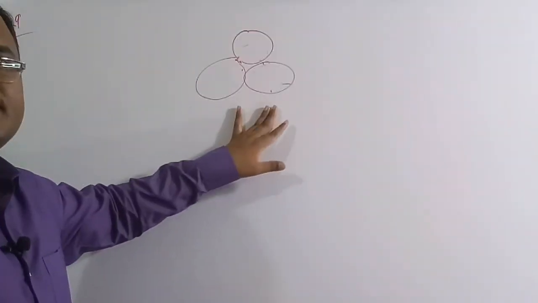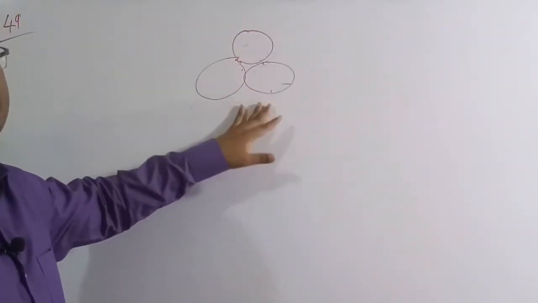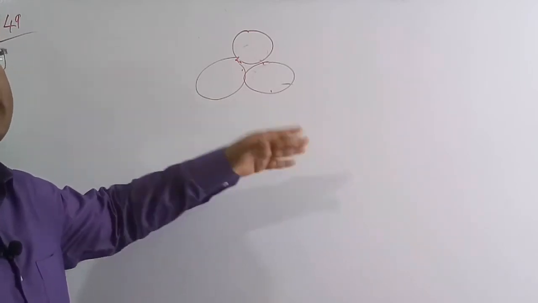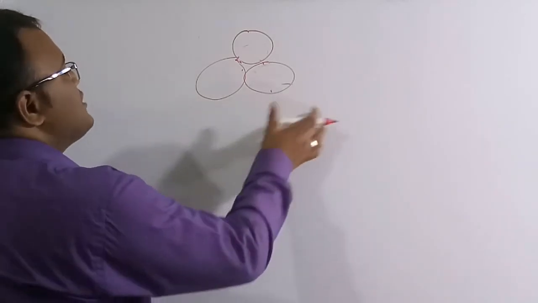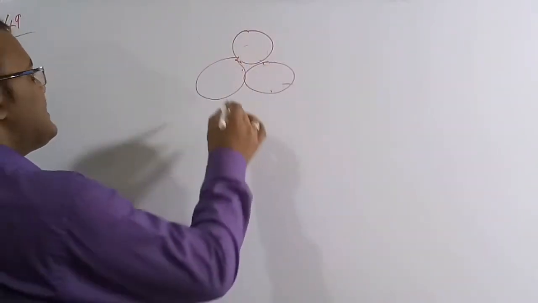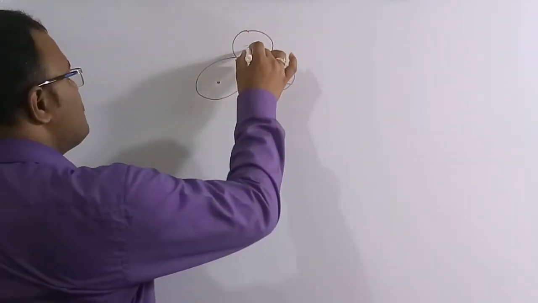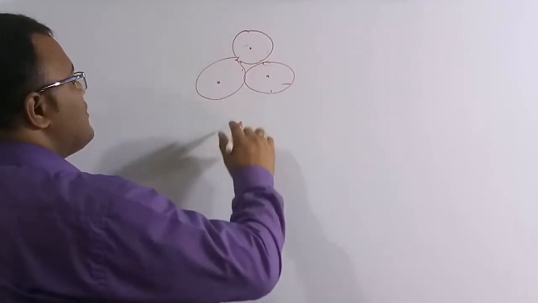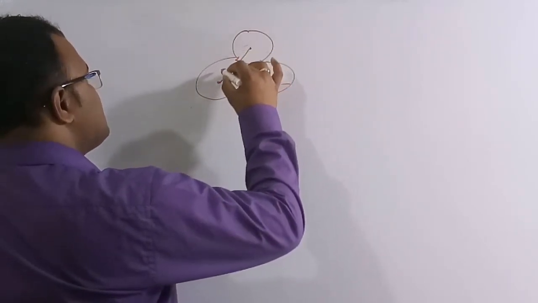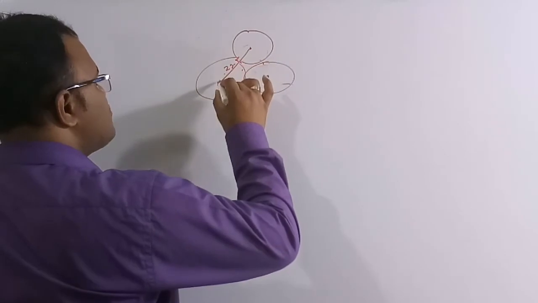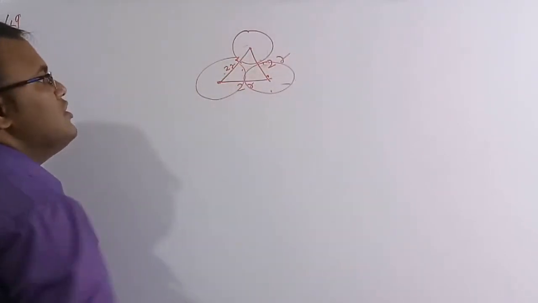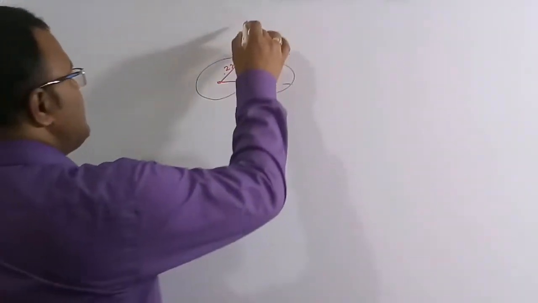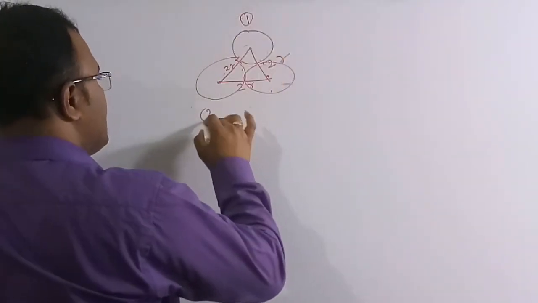These are the 3 strands. For these 3 strands we need to find the geometrical mean radius, or the self GMD, of this conductor. Because of these 3 strands we get the net conductor. Each radius is r. Each circle has a radius of r, so the distance between these 2 points is r plus r, which is 2r. Here also the distance between these 2 points is 2r, and here also 2r. Now let me assume these are connector 1, connector 2, connector 3.